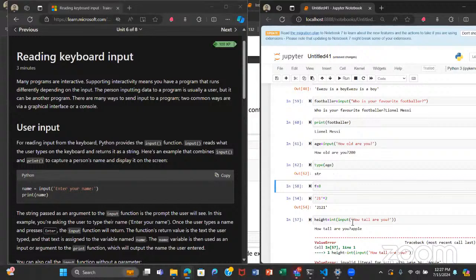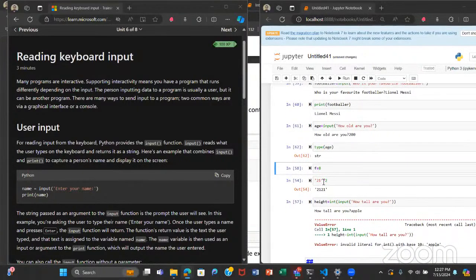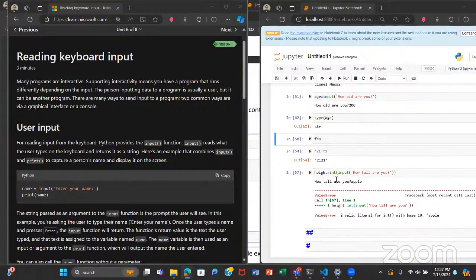And I said this could be problematic in situations where we want to use our data to perform some kind of operation. I gave an example of multiplication. Multiplying the number 21 by 2 and multiplying the string 21 by 2 are actually completely different things.